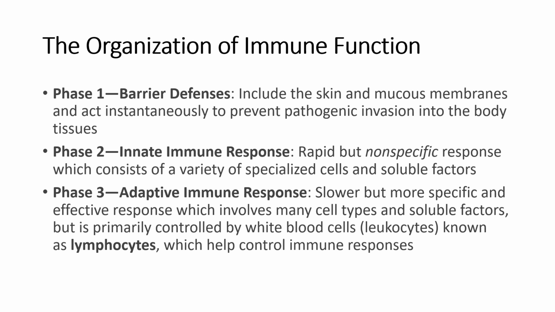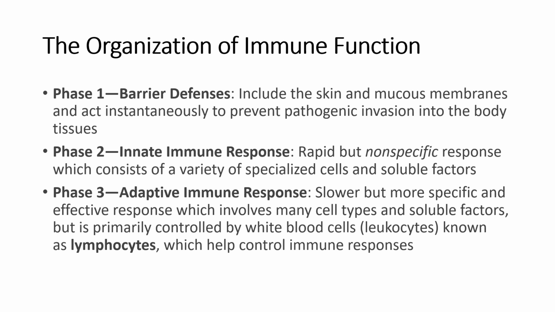So those are sort of like the sentries at the guard. Phase 2 is the innate immune response, and this is a rapid but non-specific response, which consists of a variety of specialized cells and soluble factors, so factors that are just dissolved in the blood. And phase 3 is the adaptive immune response, which is slower, but very much more specific and arguably more effective